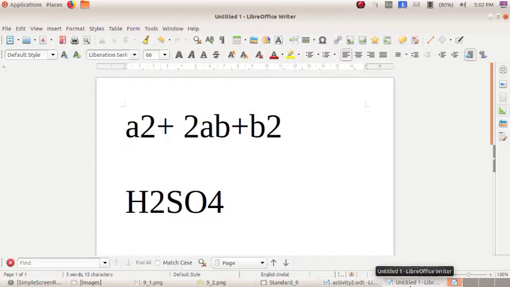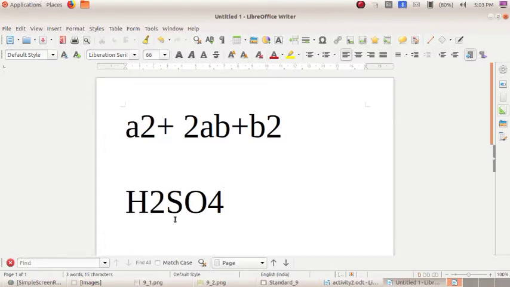Okay. So if you want to type the 2 of a square, this 2 has to appear above the letter A. So for that you can call it as superscript. Above the letter means superscript. Then here, what is the case here? This 2 and 4 must be below the letters. So that could be called as subscript.